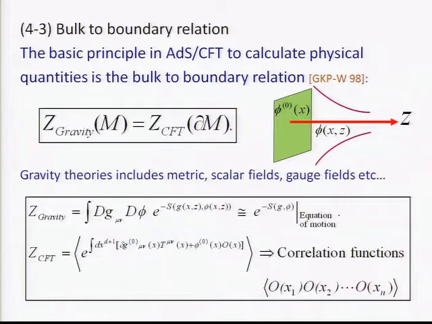The idea is very simple. It claims that the partition function in gravity theory is equivalent to the partition function of conformal field theory. As we discussed yesterday, the gravity lives on this Anti-de Sitter space in the bulk, and the CFT lives on the boundary. So we have this equality. This is a basic principle in AdS/CFT correspondence, and it is quite useful for our purpose because entanglement entropy